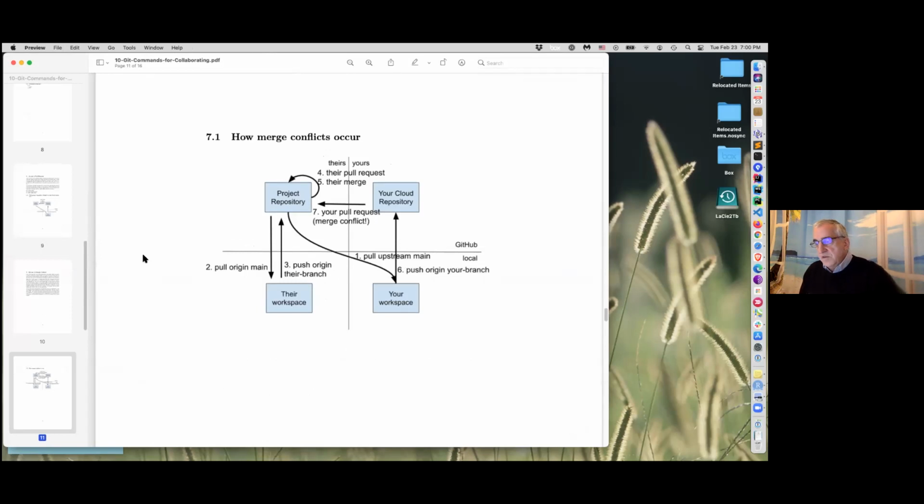While I was doing this, somebody else snuck in behind me and made a change to this file. This is what happens with a merge conflict. Number one, I pulled from main. I was happy doing all my work. Meanwhile, somebody, my evil twin,